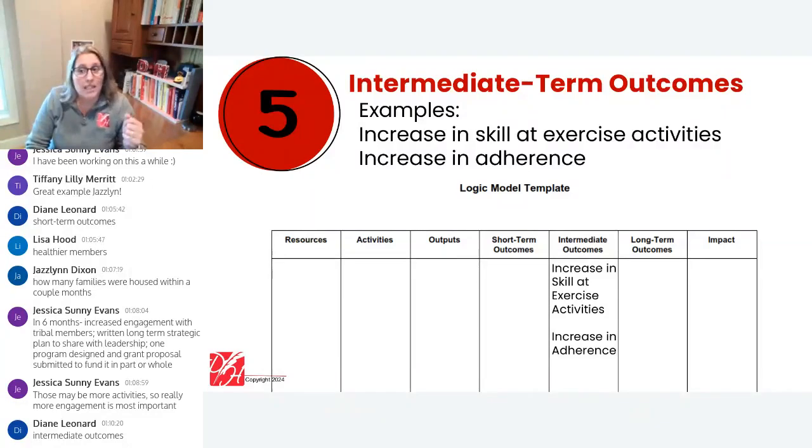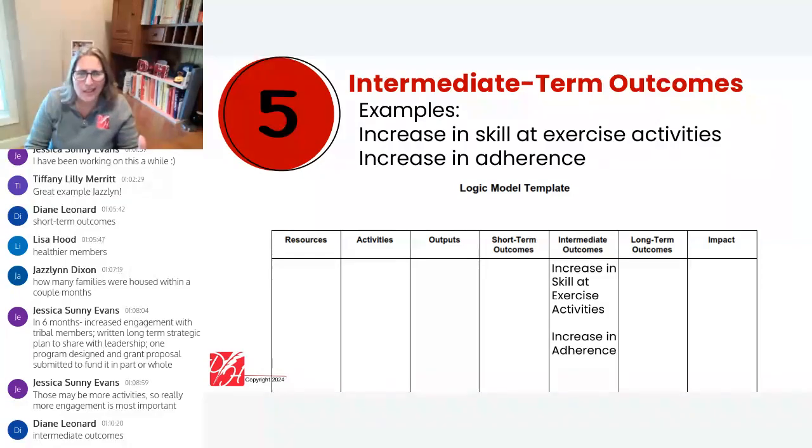In my example, where we had our nutrition classes, our exercise classes, those stress reduction workshops, it could be that now there is an increased skill for participants in terms of those exercise activities. As indicated by what? I heard you asking me because I taught you that question, and I might say, oh, thanks for asking.